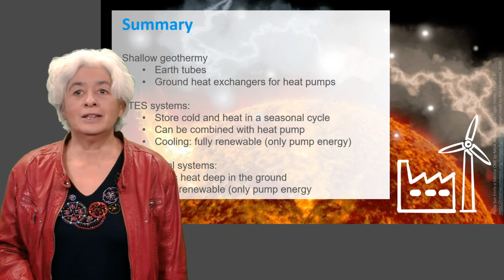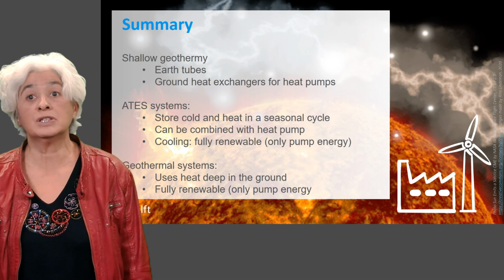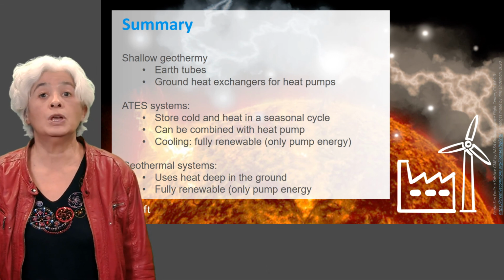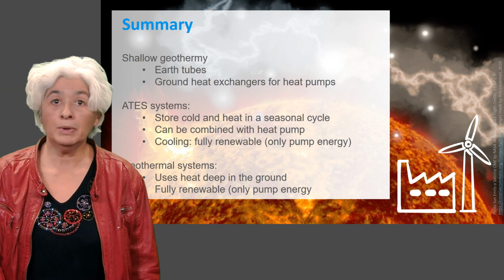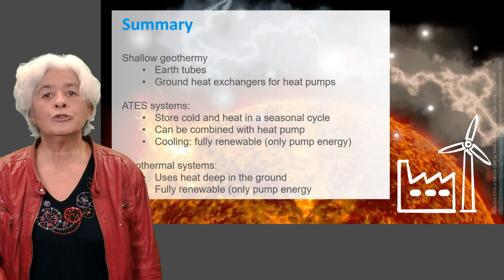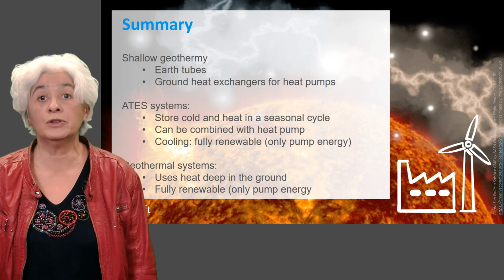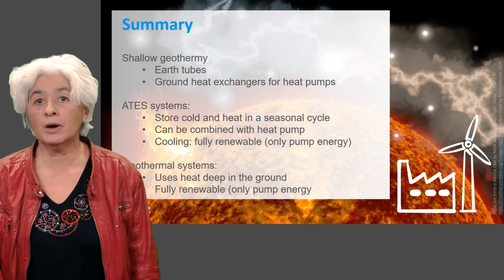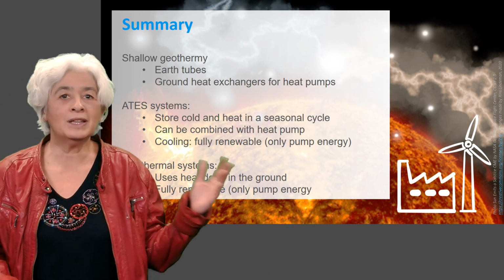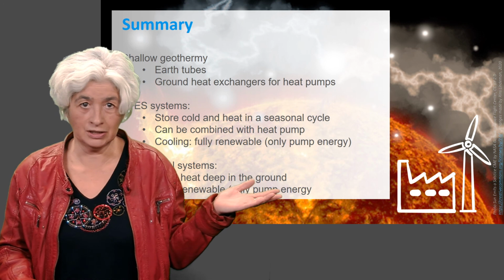In this lecture, we described three systems: the shallow geothermal ones, which are ground heat exchangers used with heat pumps. As the ground is a high temperature source, the COP of the heat pump is high. Alternatively, in small buildings, earth tubes may be used to preheat cold outdoor air, but that's not very efficient. Concerning aquifer thermal energy storage, we have seen that these systems are able to store cold in the ground in winter that can be used in summer, and to store heat in the ground in summer to reuse it in winter, often in combination with a heat pump. These ATES systems have very high cooling and heating efficiencies.